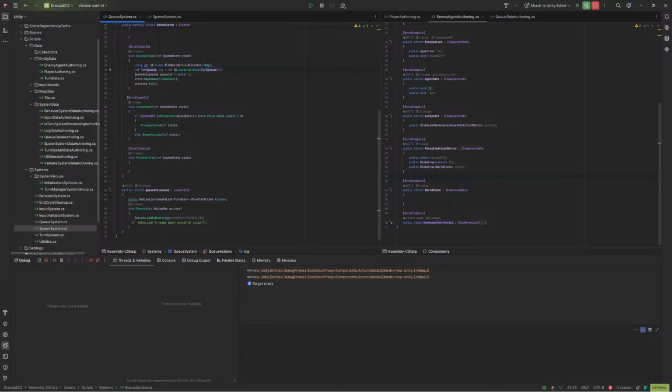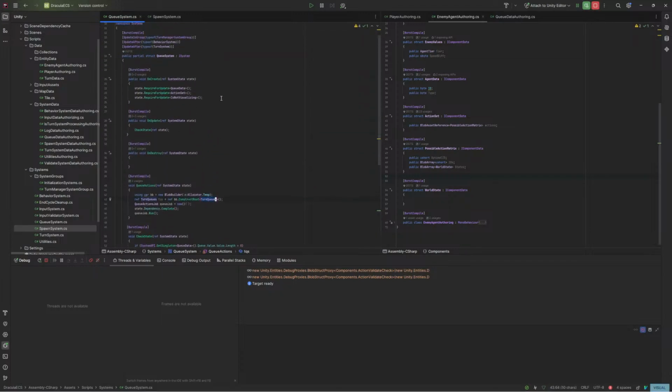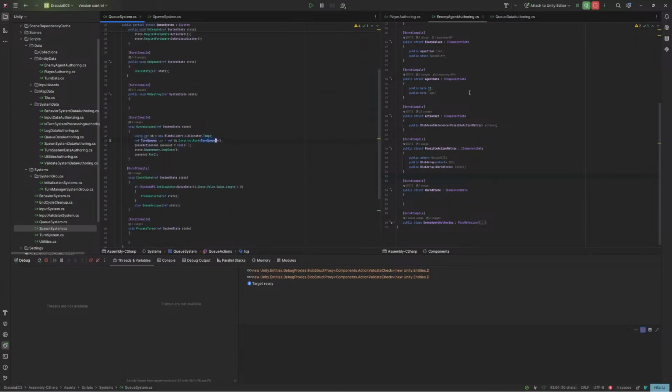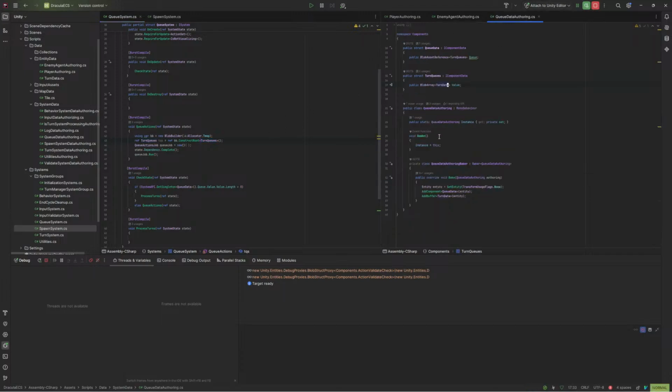Okay, we're not building a type of turn queues. What even is it? Turn queue. I don't know this. Is it in here? Oh wait, it is the thing we're building. Okay, I forgot the name. So it's turn queues, and then